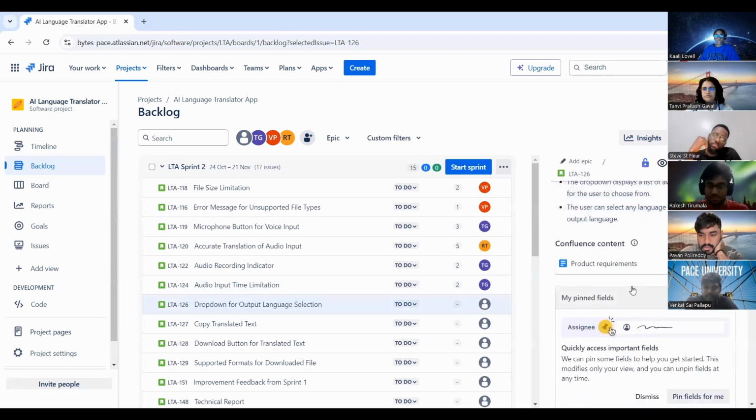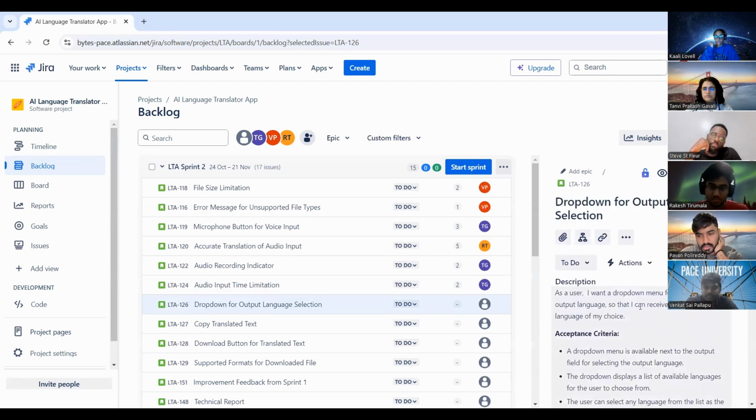Drop down for output language setting. I have a question for that. The drop down, it's just the list of the languages. Yes. I think it's already done, no? Yeah, I think it's done. I think Callie, you did that part, right? Last sprint. Venkat, do we have any third-party API which will give all the languages instead of just hard coding them?